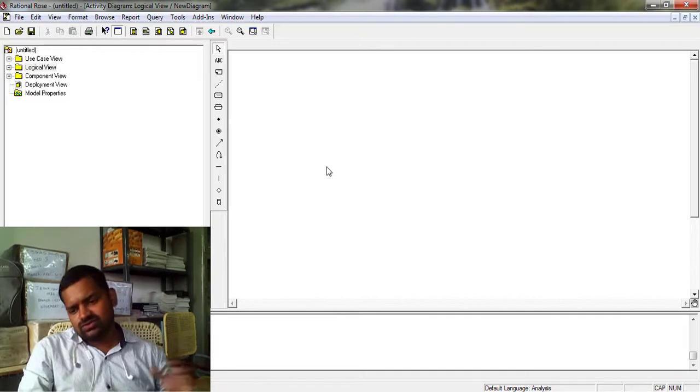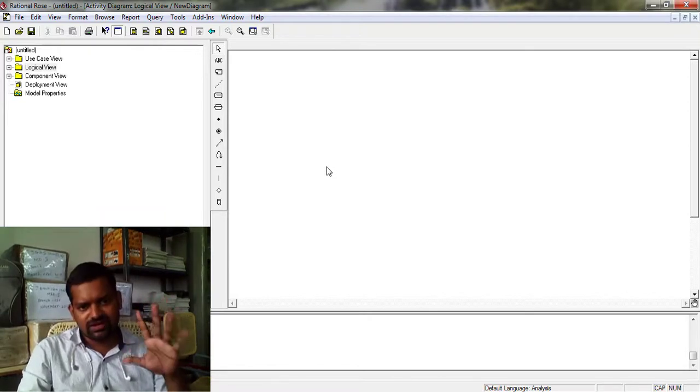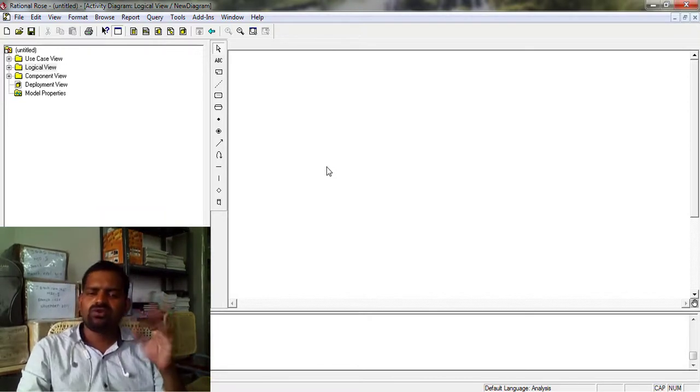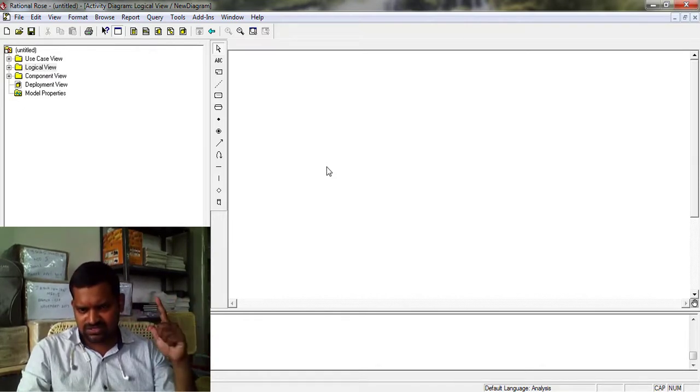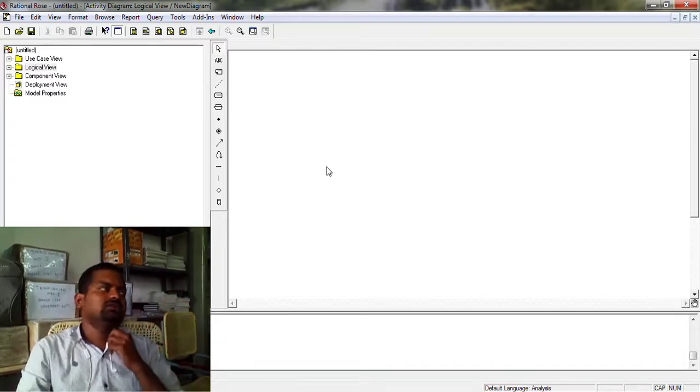Now we move to draw the activity diagram for the library management system. Up to now we have drawn the use case diagram for the library management system, the second one the class diagram, the third one the sequence diagram, and the fourth and fifth, the collaboration diagram, which we already know.